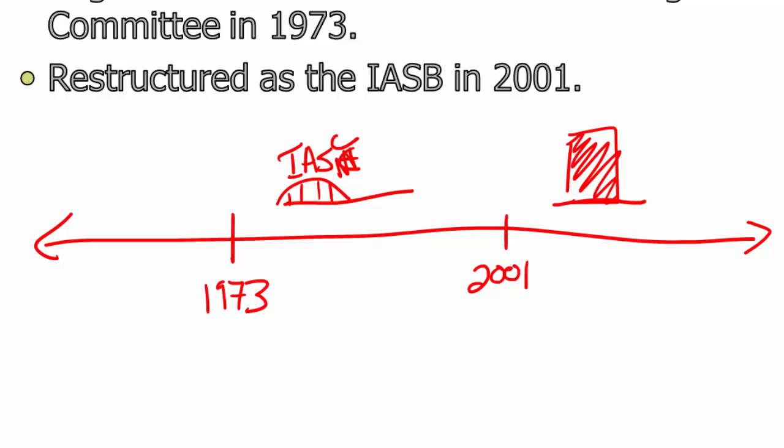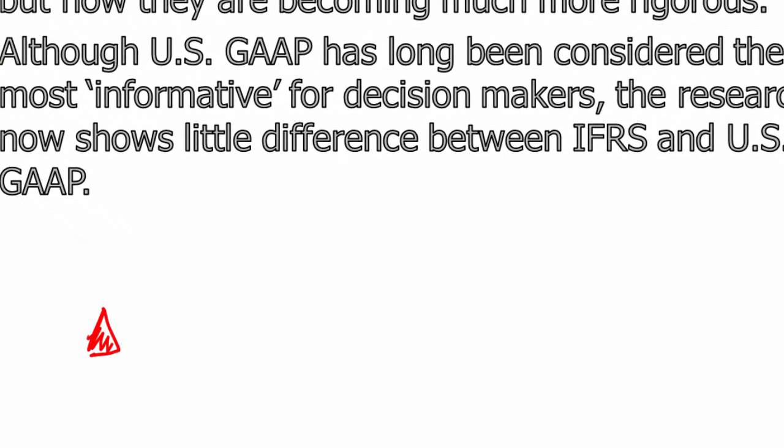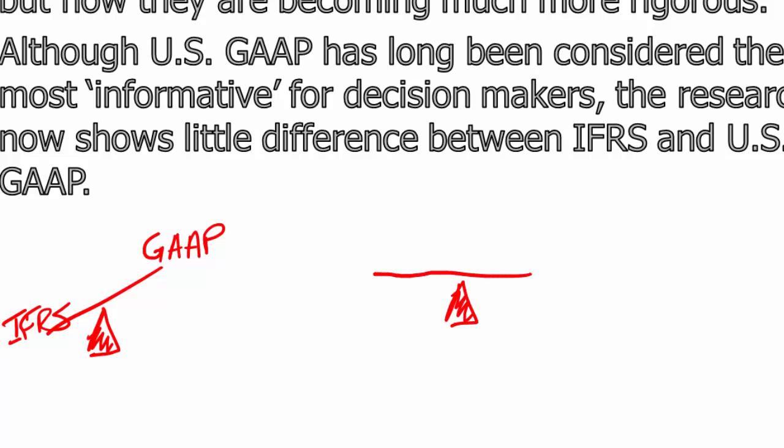The change from the IASC to the IASB also switched to a more formal standard setter that has set much better rules. At first, these standards, like I said, were really easy to follow. And basically, the idea was, well, you had the gold standard of GAAP, US GAAP, and then you had IFRS that was okay, but not really that great. What we're seeing now, as we do studies about how investors see the information, we've found that now they're really on par. And these two are better than just about any other GAAP in the world, but they're equal. And so US GAAP has really lost its place as the head of standard setters.